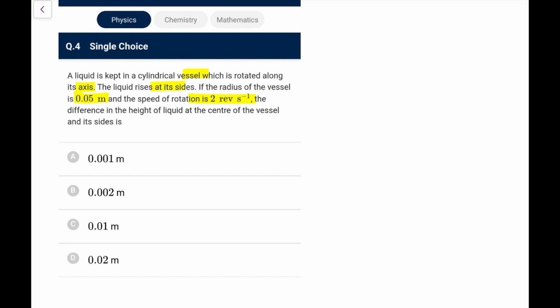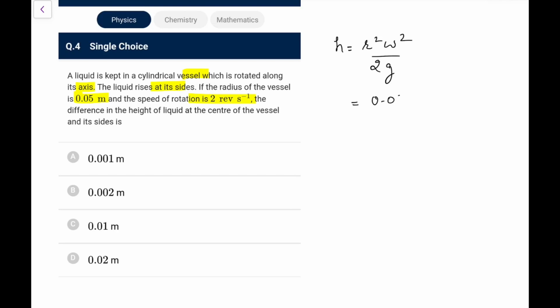So we did this question yesterday, and we got this result that H is equal to R square omega square by 2G. You can just remember this, or you can recollect the question. Probably we did it yesterday in yours or the JEE NEET batch, I don't remember, but this is the result that we got yesterday.